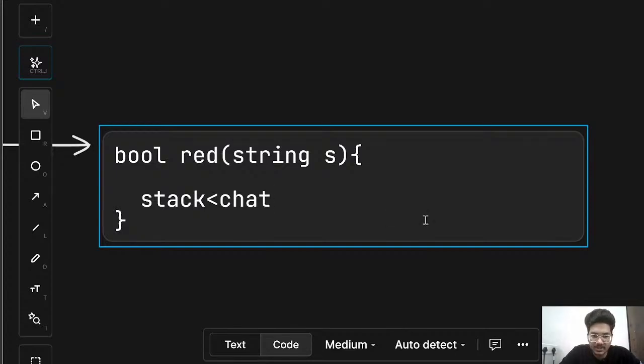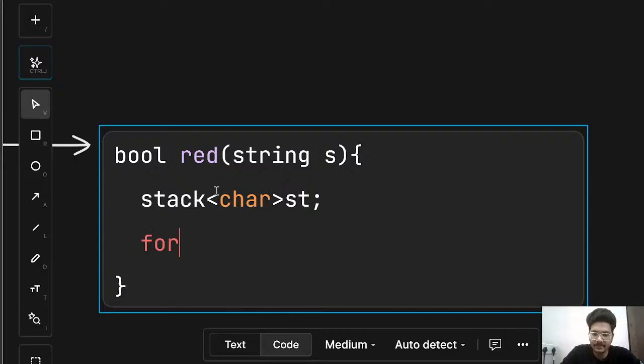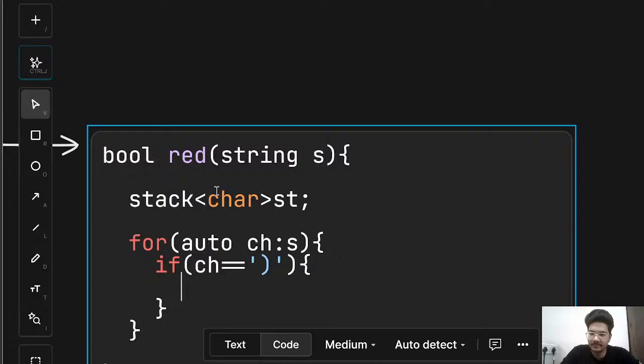So stack is initialized as a stack of character named st. After that, we process all the characters in this string: for auto ch over the string. If we see the closing bracket, we have to check